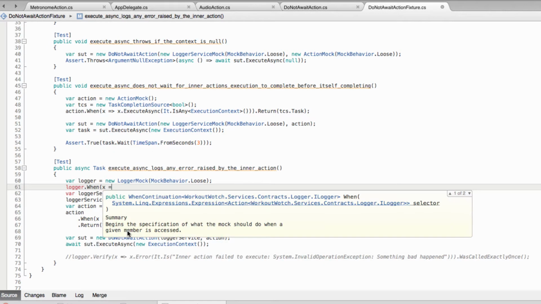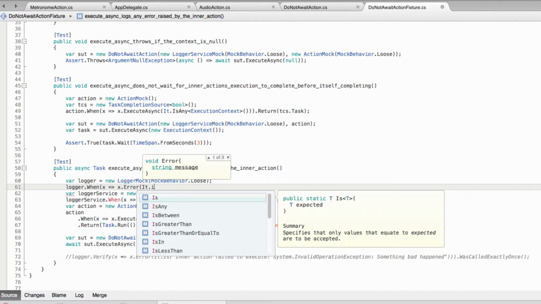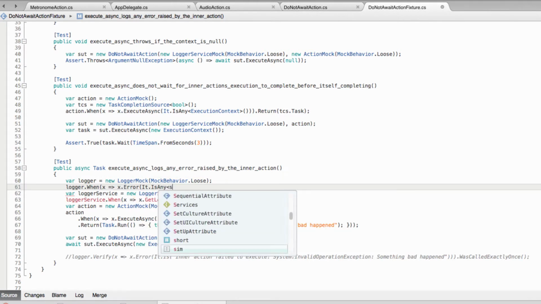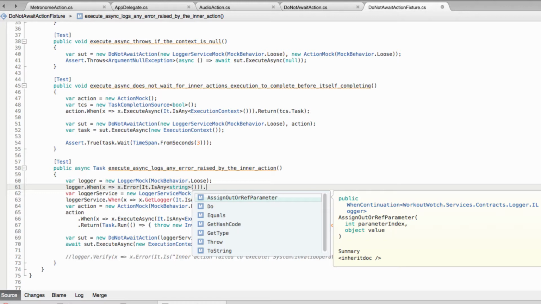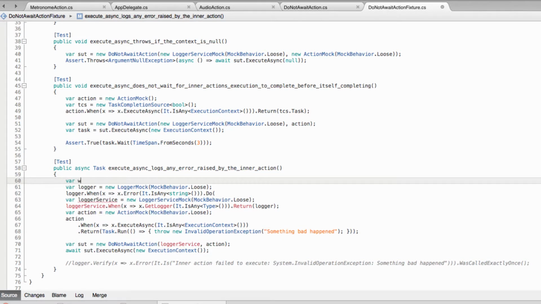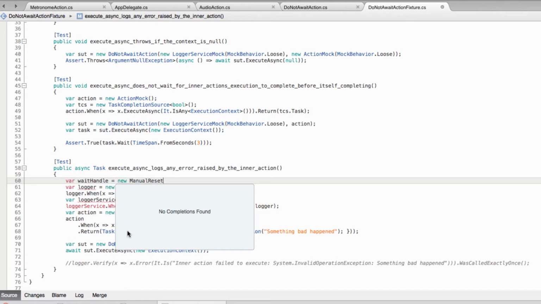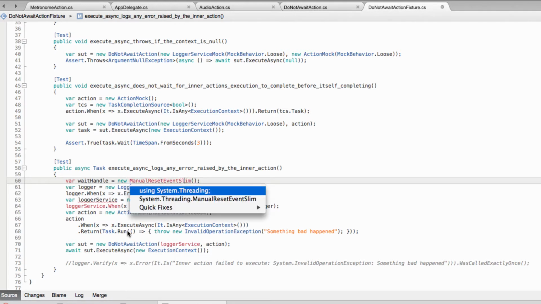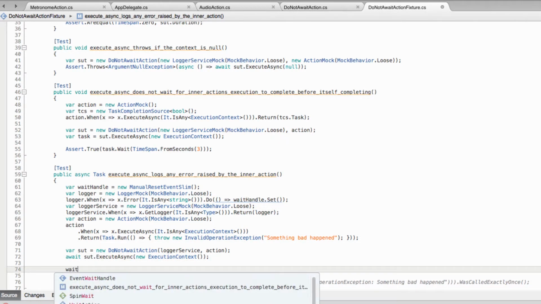So when error is called with the appropriate message, I'm going to start with is any string because I don't know what the message actually will be. Then what I want to do is just set some wait handle. So manual reset event slim maybe. So now once we've called this execute logic, we can just await that handle